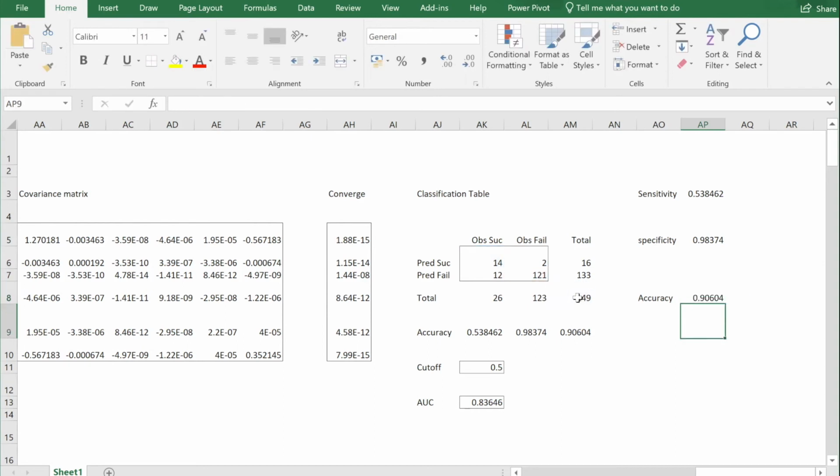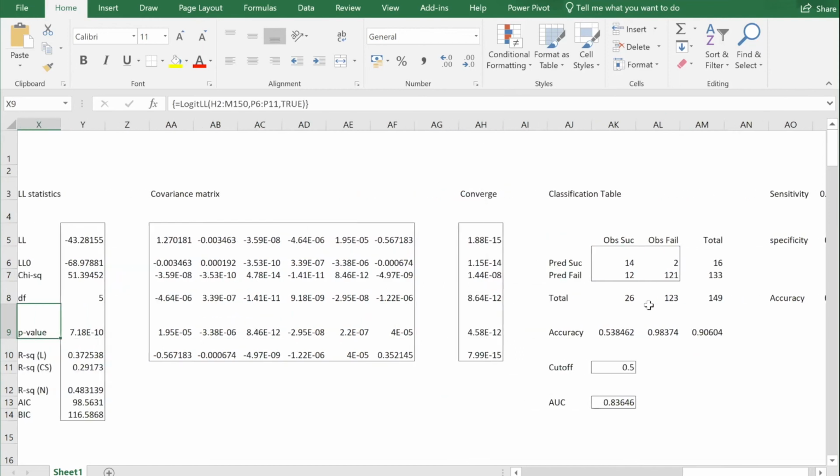So that is 0.90. The 3 numbers below the classification table indicate how effectively you predicted the true positives out of total positives. The specificity indicates how effectively your model predicted the negatives out of total negatives, and accuracy predicts the total of true positives and true negatives out of total observation. So these are the 3 indicators for your model. Another indicator for your model is your ROC table.